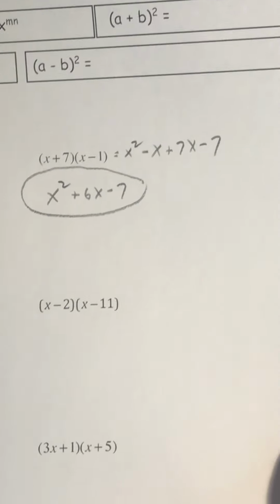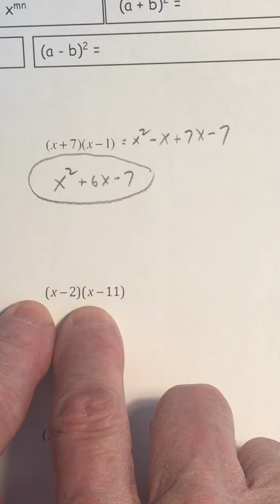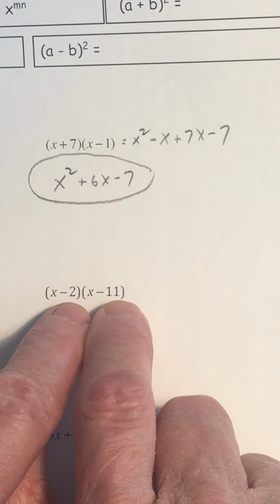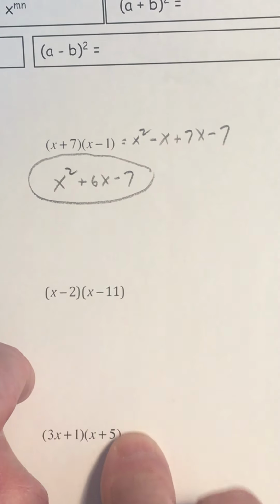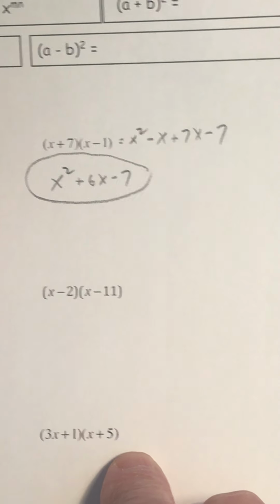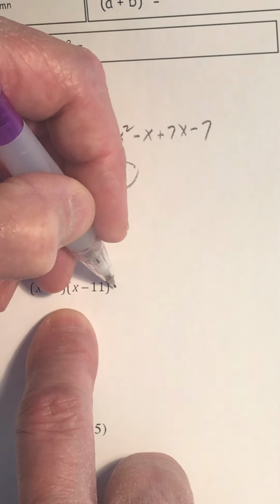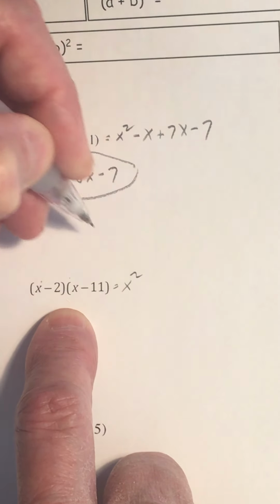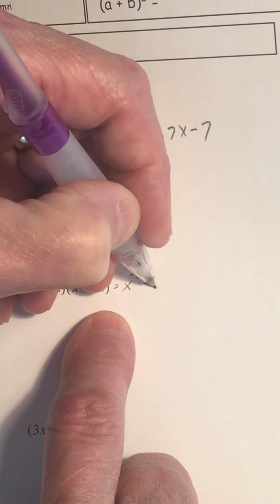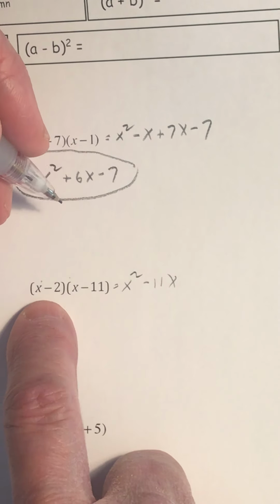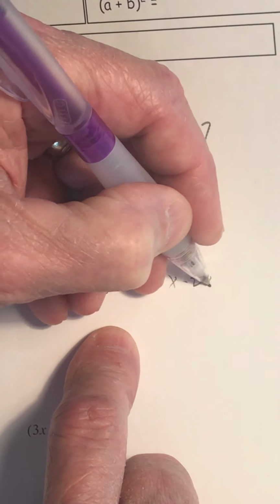Okay? So this should be x squared, and it should be minus 13x in the middle, and it should be plus 22 at the end. But don't take my word for it. Let's multiply it out nice and careful. X times x, x squared, x times minus 11, minus 11x, minus 2 times x, minus 2x, and then minus